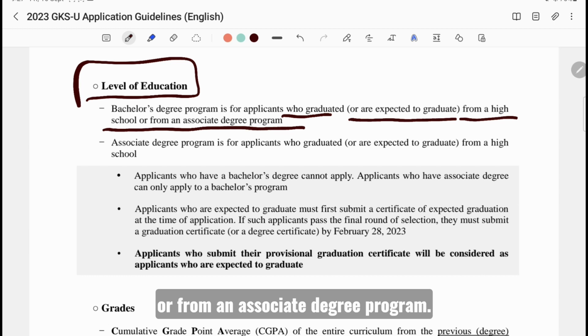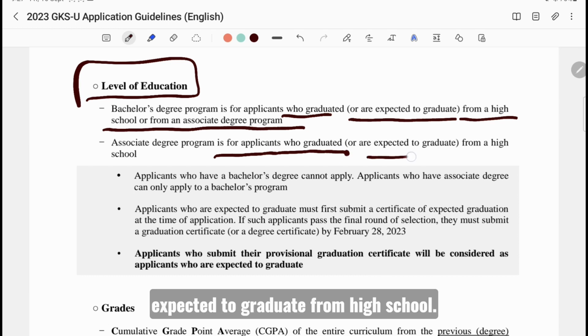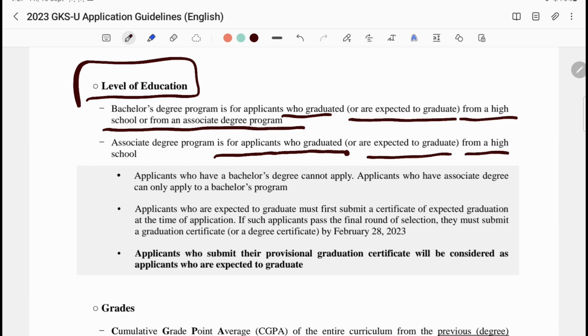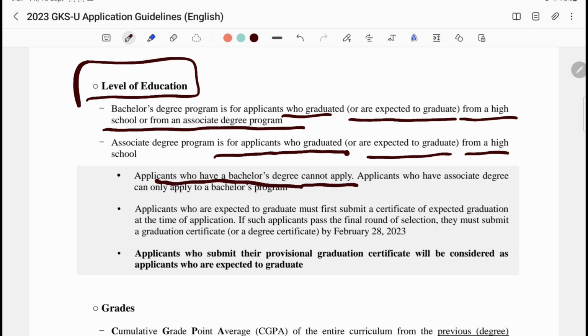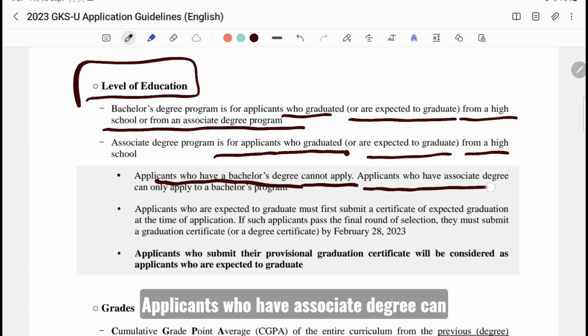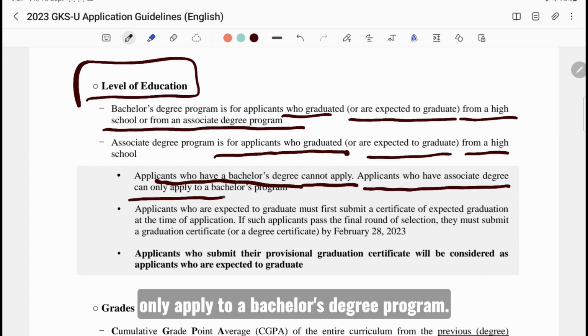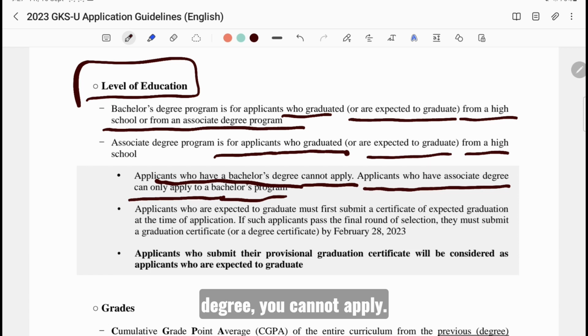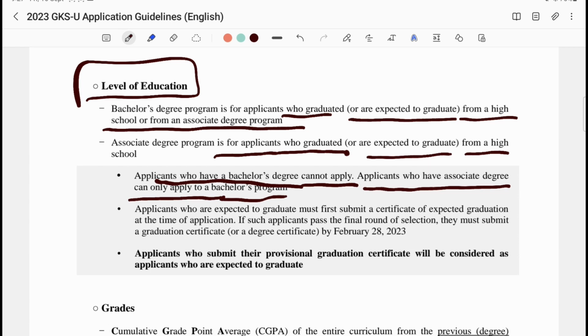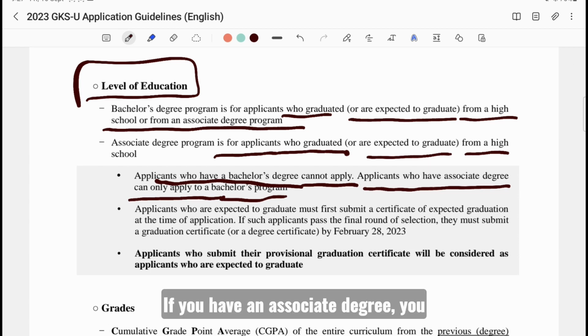Applicants who have a bachelor's degree cannot apply. Applicants who have an associate degree can only apply to a bachelor's degree program. So if you already have a bachelor's degree, you cannot apply. If you have an associate degree, you can apply for a bachelor's program.